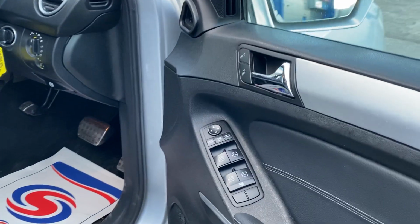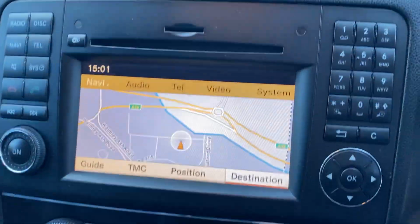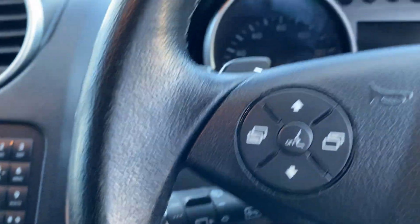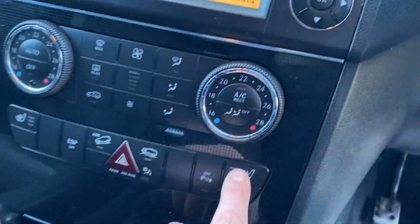It's got electric windows, electric mirrors, electric seats, half leather look Alcantara, automatic headlights. It has satellite navigation as well, paddle shift on the gearbox, cruise control and Bluetooth. It's fully loaded, heated seats,